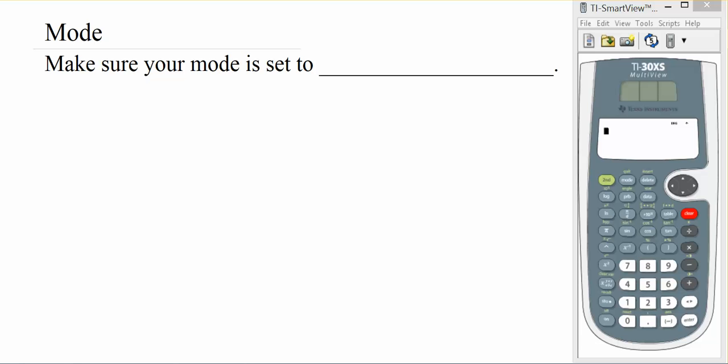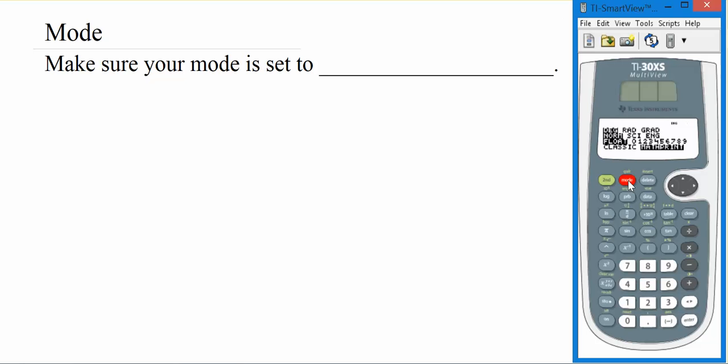Now, before we go any further into this lesson, we need to make sure that our calculators are set to the right mode. And once we change this mode setting, you should just keep it there. It'll be good for the rest of the course. But we're going to click on mode right here next to second towards the top and make sure that the first row is set to degree, DEG. If it's not, then you want to arrow over to it and hit enter to make sure that it is